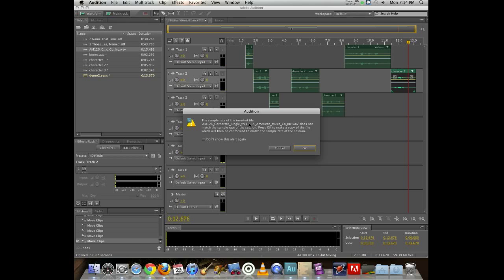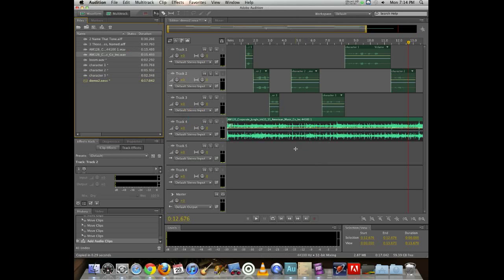Now it's telling me the sample rate doesn't match the sample rate of my session, and it's going to have to make a new copy to be able to work with this, and I say sure. As I mentioned earlier, the old versions required you to make that new copy yourself. The nice part is now it's smart enough to handle that task. Okay, now I have my music, and if I play it,